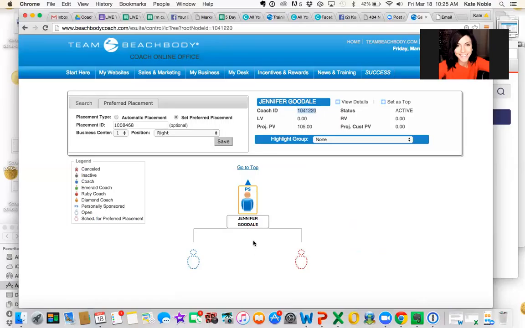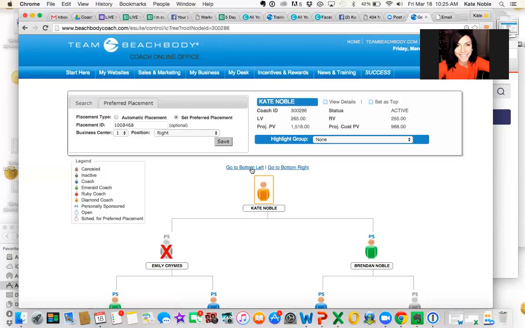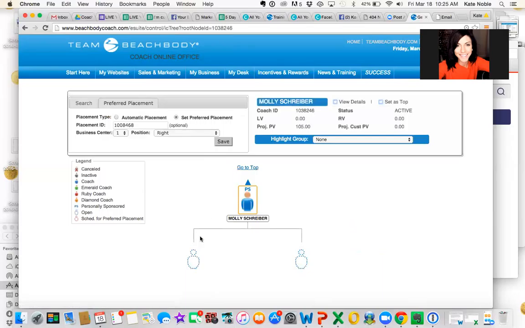And then you want to include the position that you want to place them in. So then I'm going to go back to the top of my organization. And let's say I wanted her to be on the bottom left. So I'd go to bottom left, and I would click